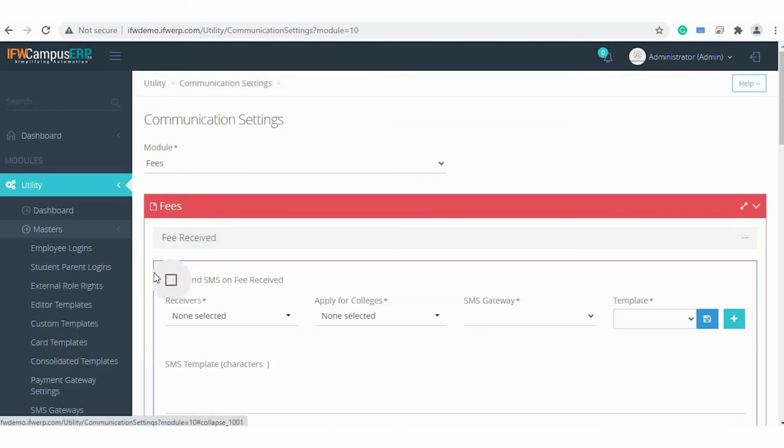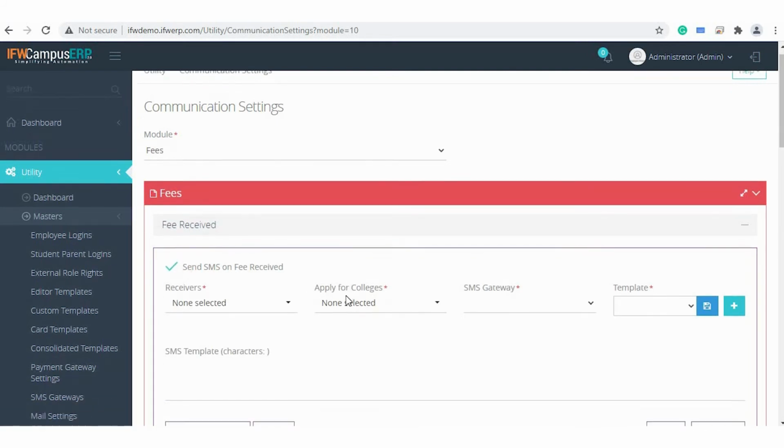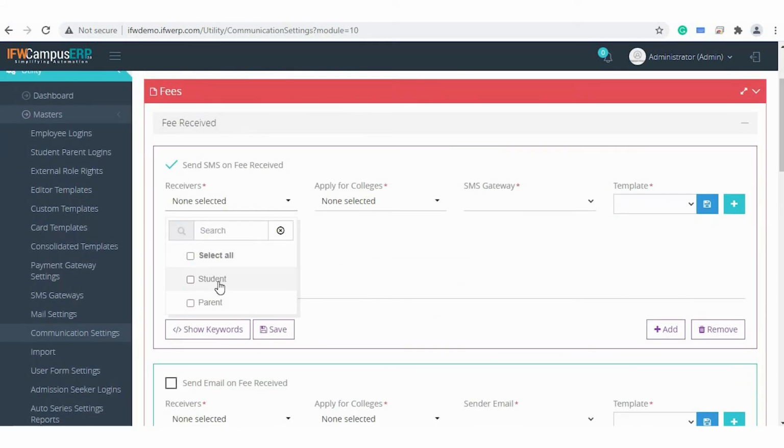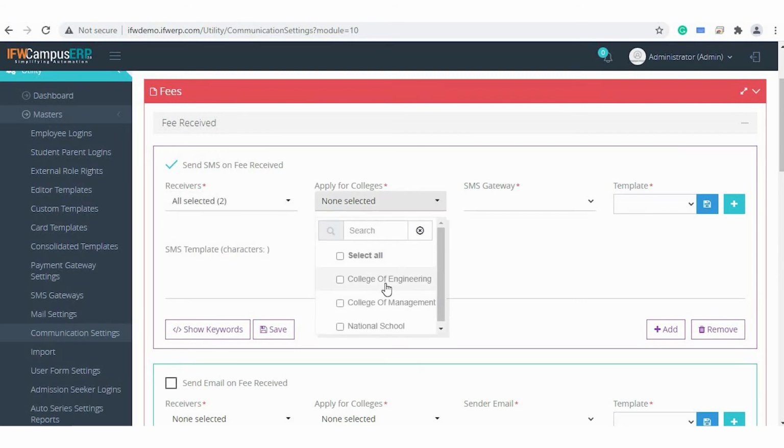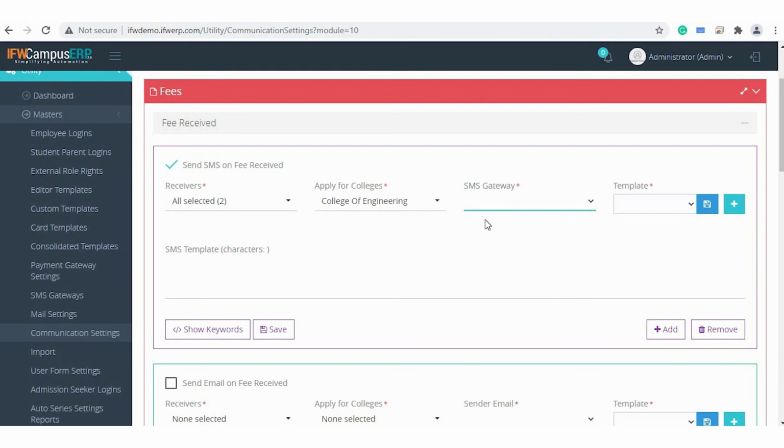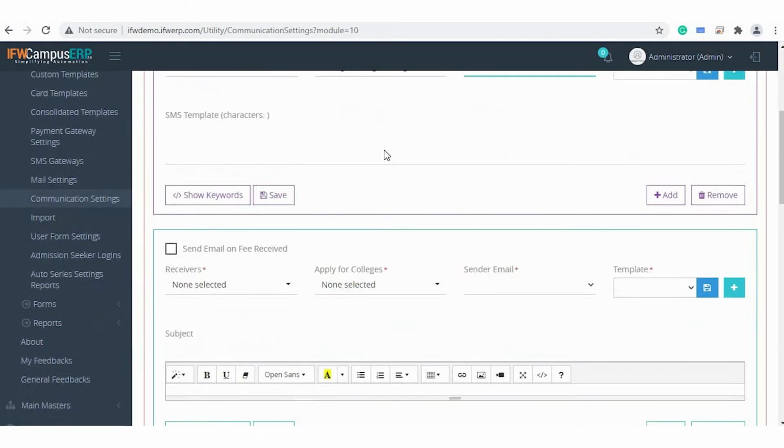If we talk about the received fees, you can send the SMS to students and their parents. An automatic SMS will be sent to the students and parents using the SMS gateway. SMS will be sent whenever the fees is received.